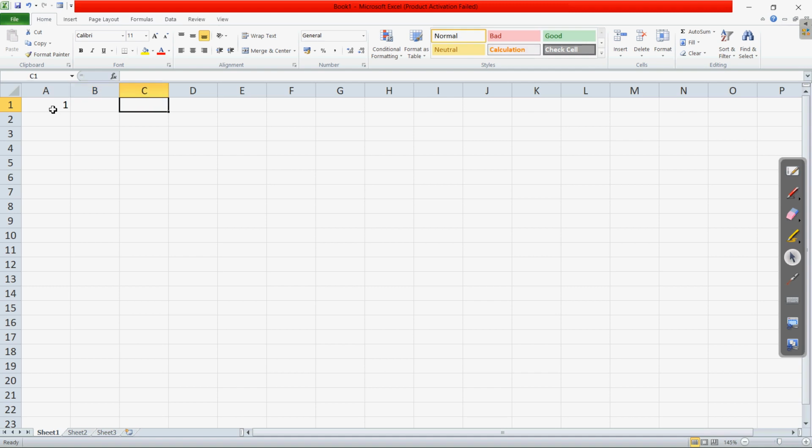This will switch to the next cell in that row, or if you press the Enter key, the next cell below will be selected as the active cell. Clear? So keep on pressing Enter or Tab. This way we can change the active cell, or we can directly click on the particular cell where we want to enter the data, and that will become the active cell. The active cell is identified by the thick border.